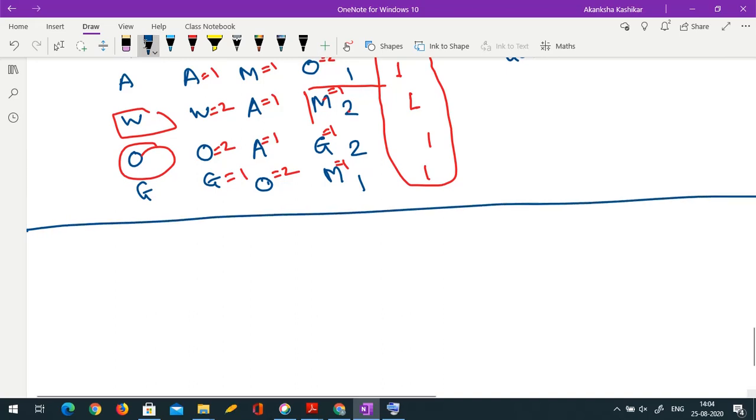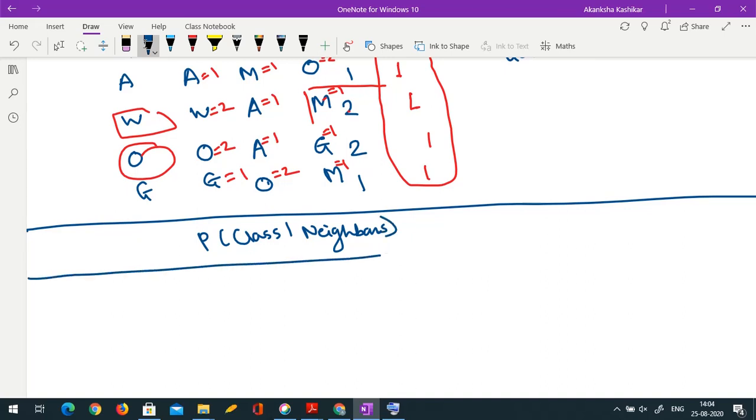We will see pros and cons of this method later, but as you can see, it mainly depends on Bayes theorem. How? You are computing some sort of posterior probability of this observation based on given data points. So you compute the probability of each class given the neighbors and you assign that observation to the majority class. Okay. So this is k-nearest neighbor classification.